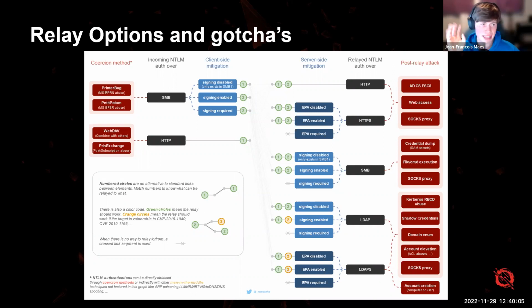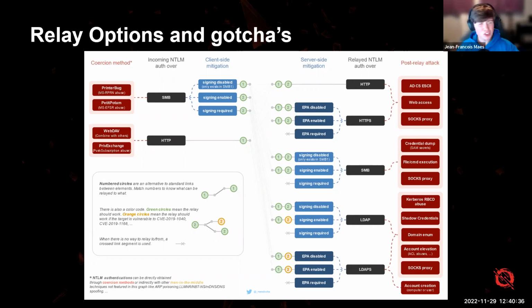There was an exploit that allowed you to drop that integrity check, so then it could be used for cross-protocol relaying. Unfortunately, or fortunately, depending on where you are, red or blue, this has been patched. So with SMB signing turned on and not vulnerable to that exploit of 2019, you won't be able to